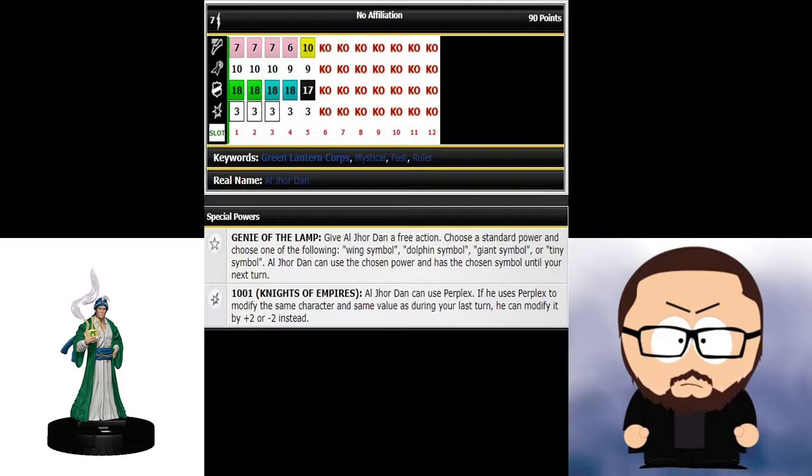In certain situations, the defend would help out. But overall, I would mostly use him as a primary attacker. He did very well for me in an Elseworlds tournament, a constructed one that we did a while back. Very, very good figure. His white damage ability that he has on the first 3 clicks is 1001 Knights of